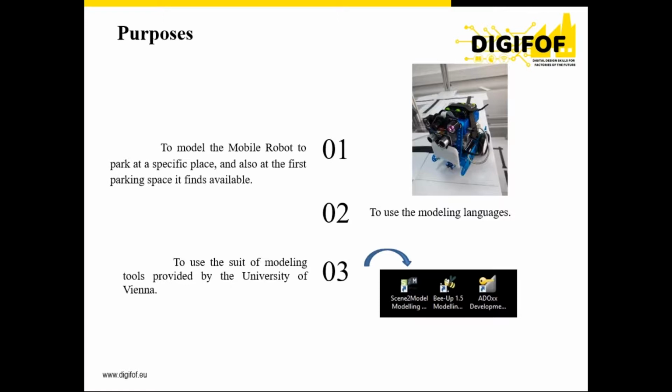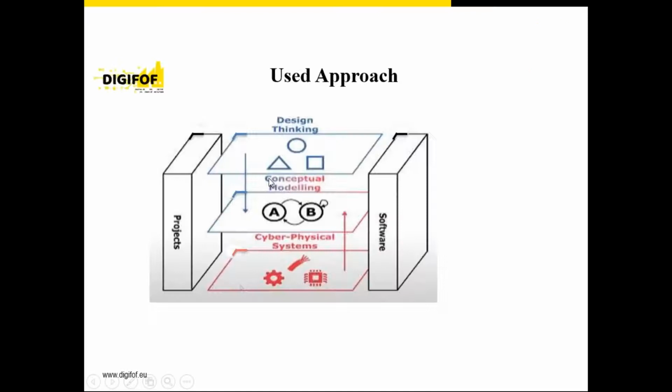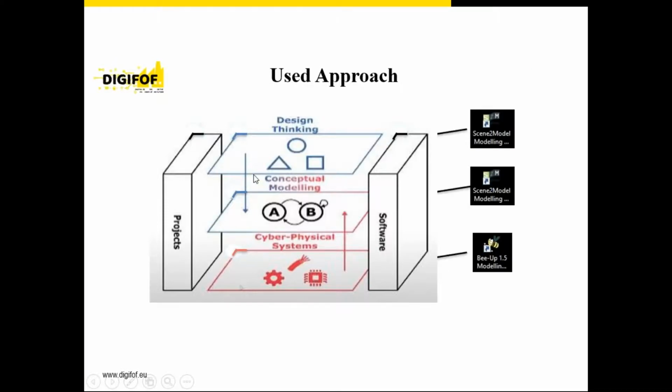In my project, the hardware is a mobile robot. For my project, I followed the 3 levels approach to create 2 scenarios. Because I was and I'm still a beginner in this area, I decided to take things step by step. So in the first scenario, I modeled the mobile robot to park at a place chosen by me or by whoever simulates the application. And in the second scenario, I used more external sensors from the mobile robot to make it park itself in the first free place.